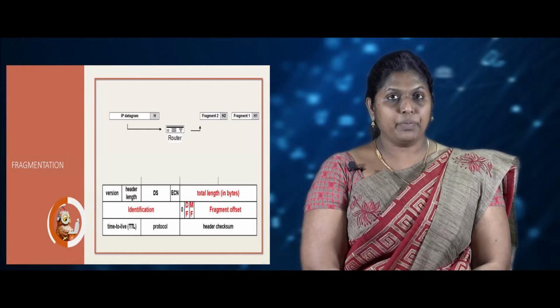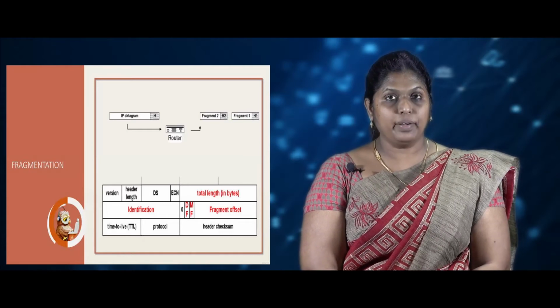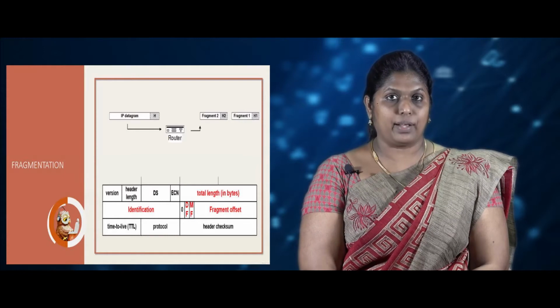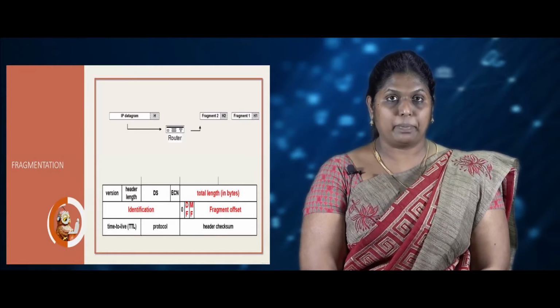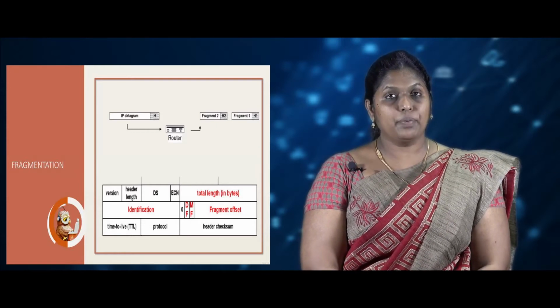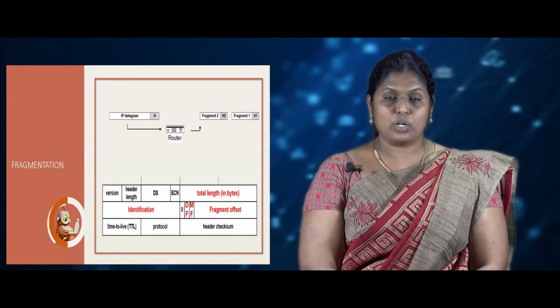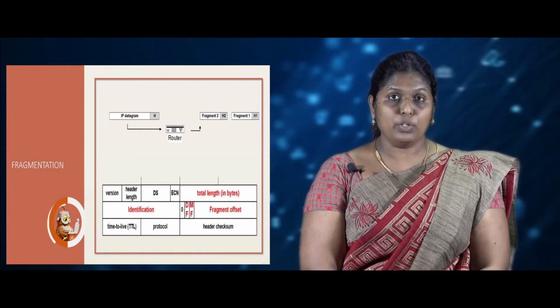Now the identification of word 3 for fragmentation is to identify from which host the datagram is initiated, so that the datagrams are divided into small chunks called fragments. The second field is called the DF field. DF is the don't fragment field. It means that the datagram is not set to get fragmented, provided that the MTU is very small to get